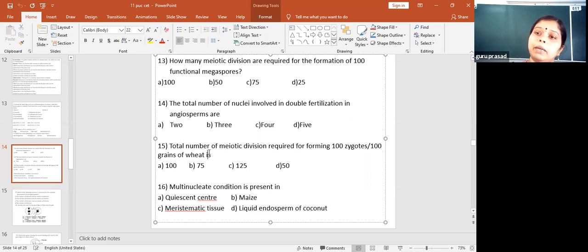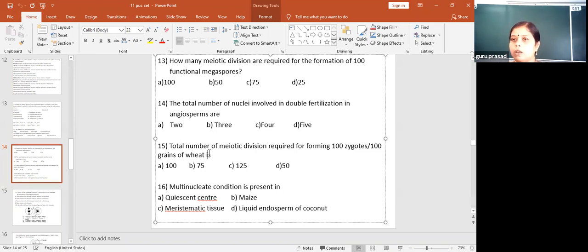So similarly, male gametes formation, each meiotic division results in the formation of 4 male gametes. All the 4 will be functional here. So that's why 25 meiotic divisions will give 100 male gametes. This 100 fuses with the 100 female gametes, resulting in the formation of 100 zygotes. But meiotic division is only 25 for male gametes formation, 100 for female gametes formation, 100 plus 25 is